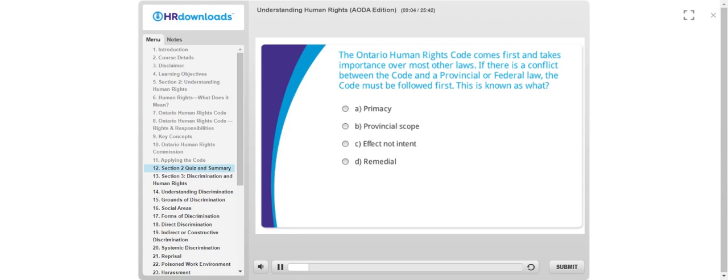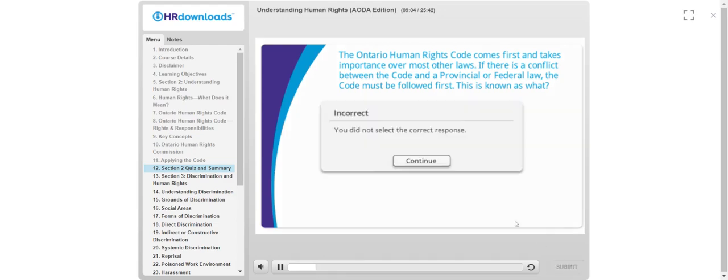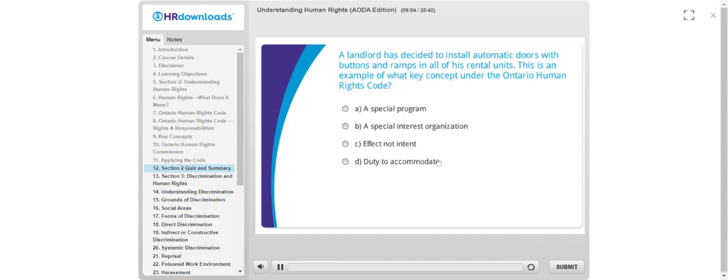If there is a conflict between the Code and a provincial or federal law, the Code must be followed first. This is known as what? A. Primacy. B. Provincial scope. C. Effect not intent. D. A landlord has decided to install automatic doors with buttons and ramps in all of his rental units. This is an